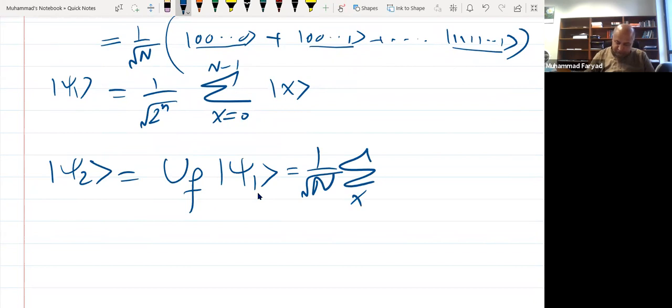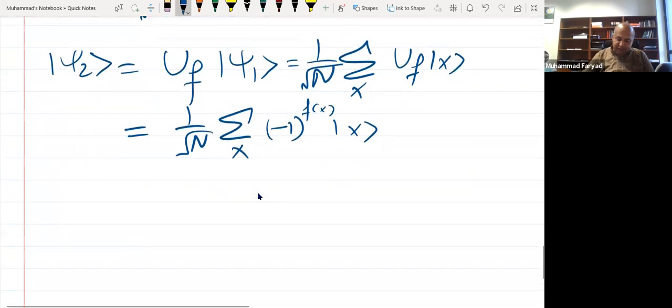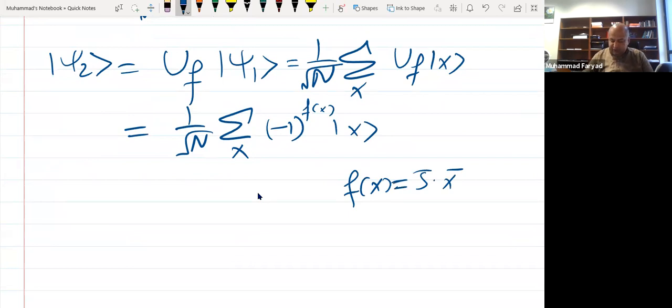So this U_f passes on to each of these states, U_f |x>. This U_f is just this: whatever f(x) is implemented goes to the phase of -1 and multiplies with the input. But this time our f(x) is s·x. By the way, I'm writing this s vector dot x vector